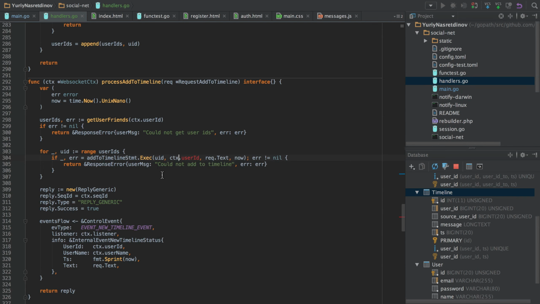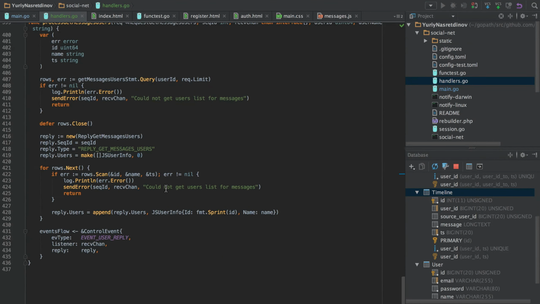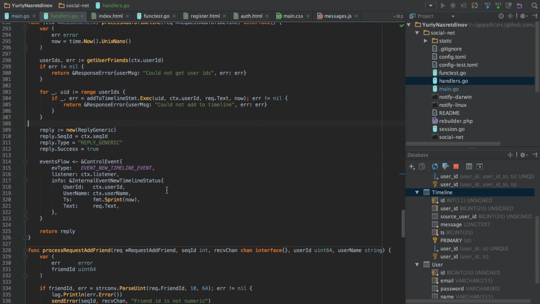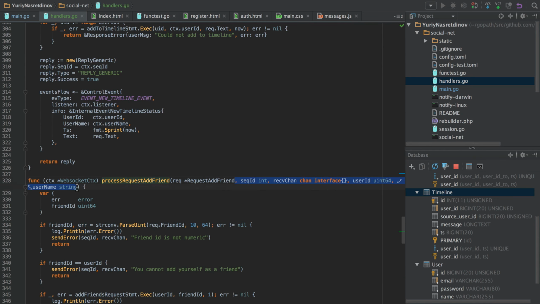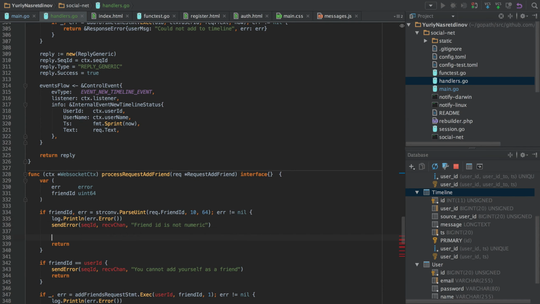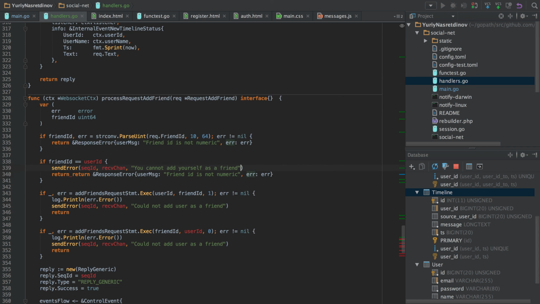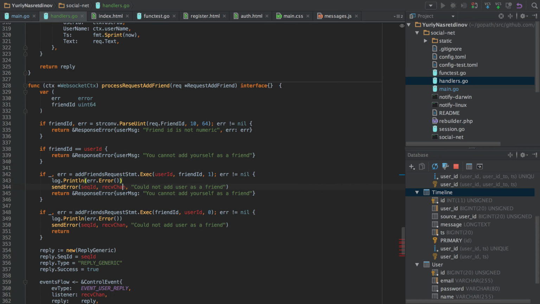And other handlers would be refactored at increased speed, as you can see. As it is all the same, I don't need to explain anything there, so there is nothing new here.